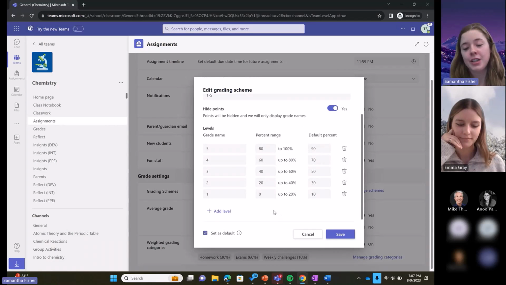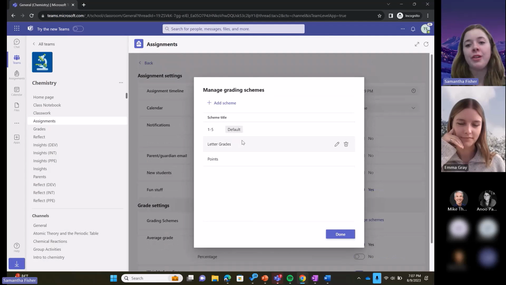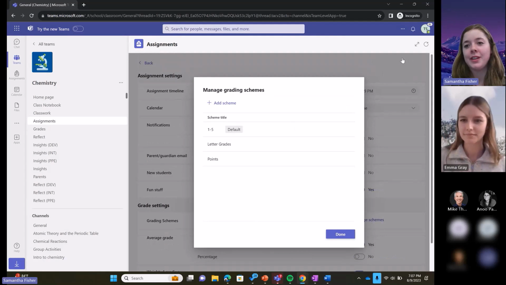is how my students will actually be able to see their average grades, and I can also grade assignments using these numbers or letters or grade names instead of just points moving forward. So super excited about both of these features. All right, I'm going to kick it over to Emma to take us on our way with some more awesome features.